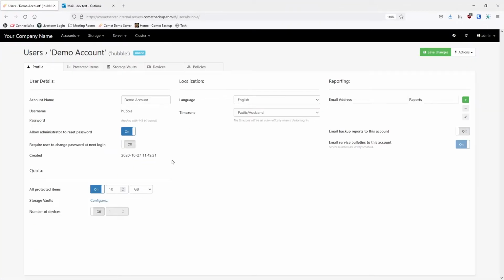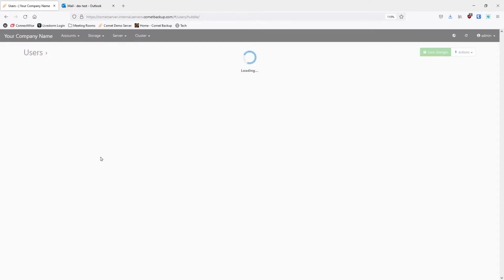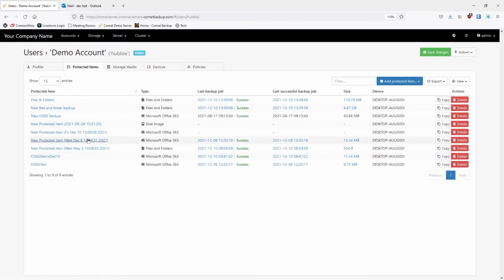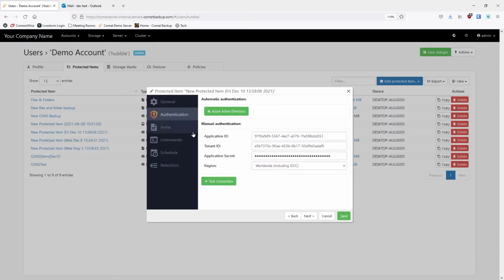All the features available in the Comet client are also available in the web. This is a protected item that we added from the Comet client. These are the general settings that you normally see. The authentication section, which has the manual and automatic authentication.